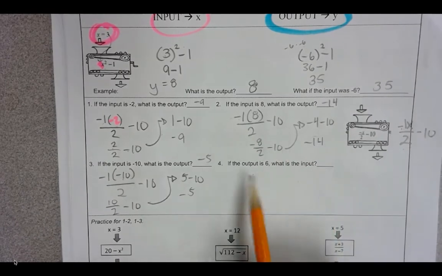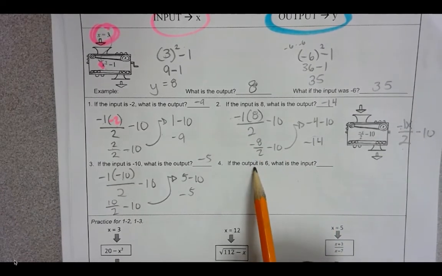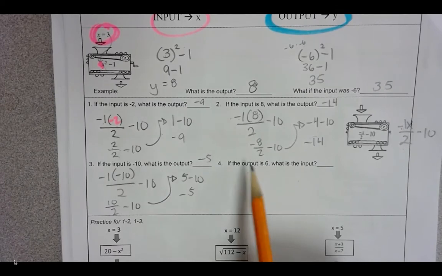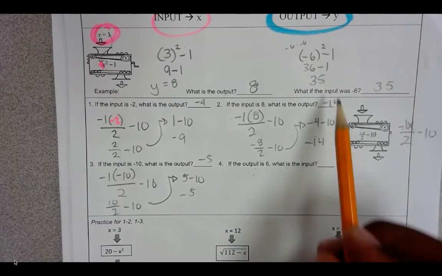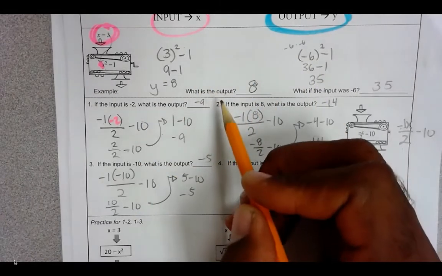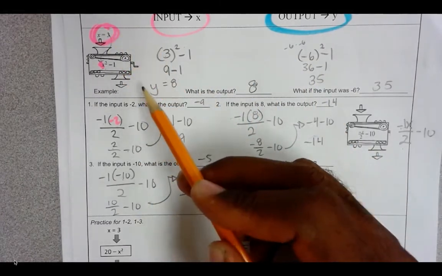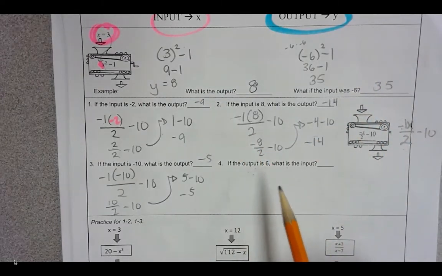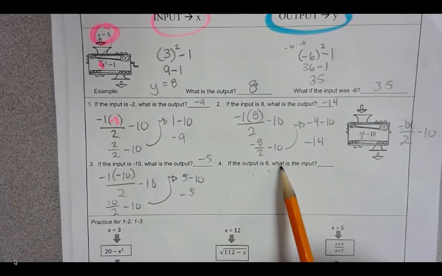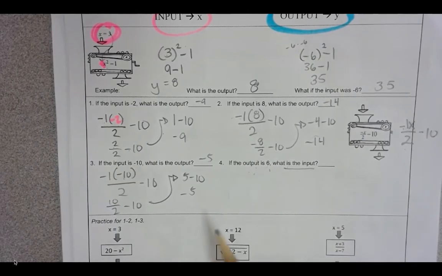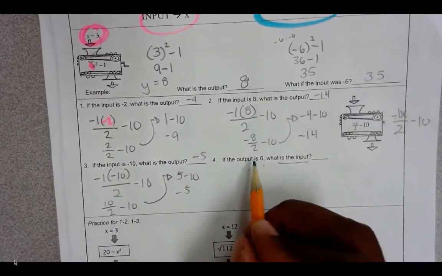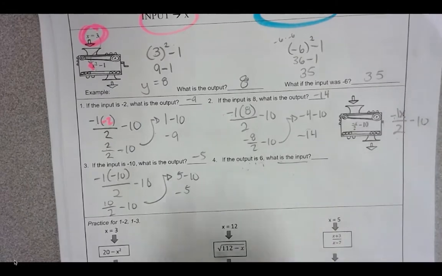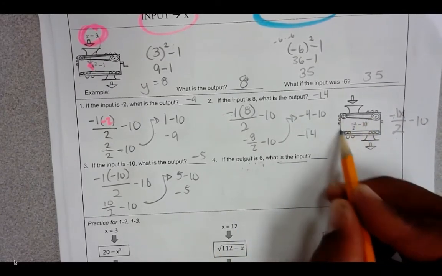Okay, so now it says, if the output is 6, what is the input? So all these other questions you basically had an input, right? You plug something in and you got something out. Whereas now they're telling you what you get out, but they're not telling you what you plugged in. So you actually have to work backwards to figure out what you would plug in to get positive 6. So instead of plugging in that 6 into the x, I'm actually going to make this function or this machine